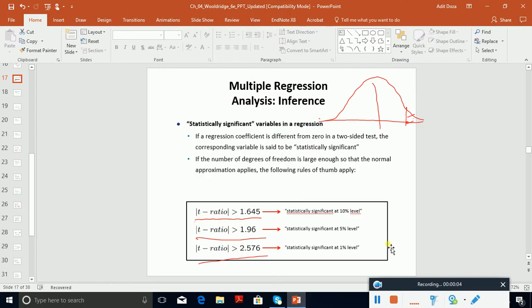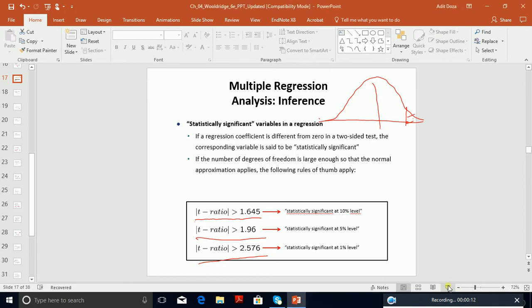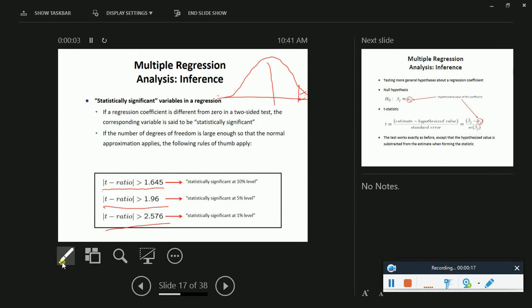So as I was saying, the critical values for a two-tailed test are somewhat different from a one-tailed test, right? If it's saying a 10% significance level for a two-tailed test, it means 5% of the data is on the left-hand side and the remaining 5% should be on the right-hand side, right? So for a two-tailed test at the 10% significance level, you will see that the critical value is